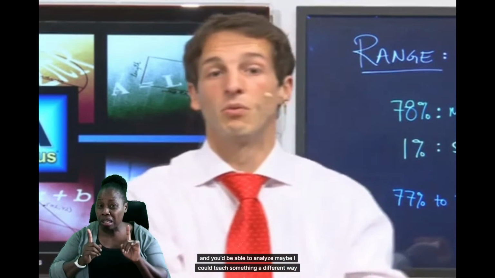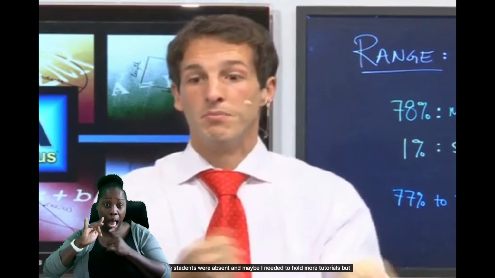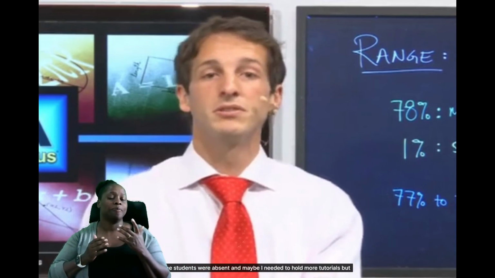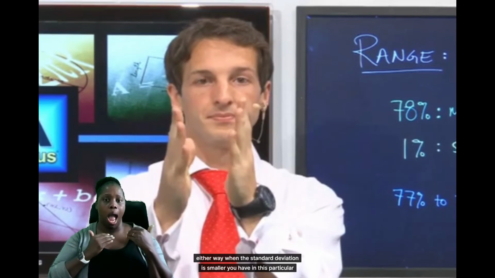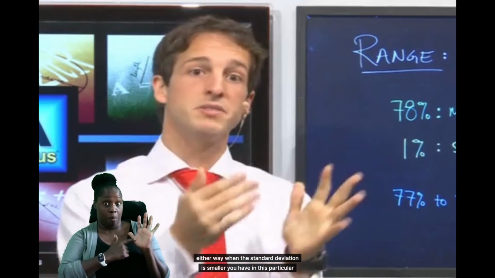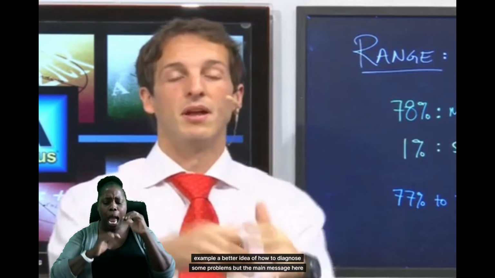And you'd be able to analyze, maybe I could teach something a different way. Maybe the students were absent and maybe I needed to hold more tutorials. But either way, when the standard deviation is smaller, you have, in this particular example, a better idea of how